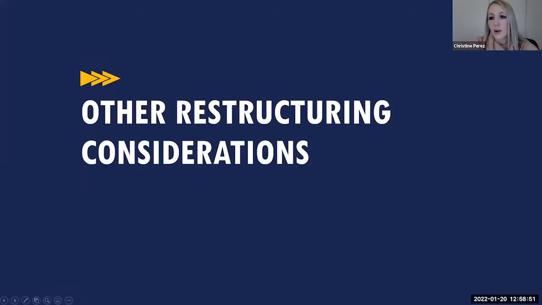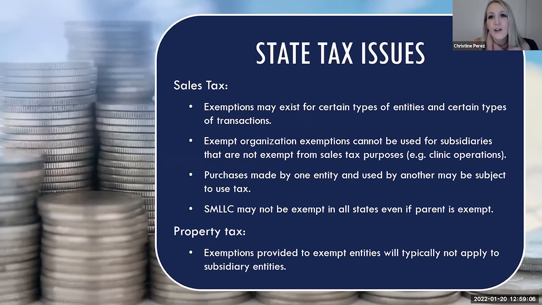Thanks, Kim. We'll just run through with our last minute here just a couple of other considerations to take into account when you're setting up separate entities. And the first one is state tax issues. Really, when we think about state tax considerations, are there exemptions from either sales tax or property tax that maybe apply to your nonprofit organization as a tax exempt entity that are not going to apply to the subsidiaries? So that's always kind of a fun surprise to people, but a lot of times these state exemptions don't apply to every organization within your structure. It might only apply to, say, your 501(c)(3)s at the state level. The other issue to watch for is just making sure that if you do choose a legal entity structure, that it is a viable legal entity structure in your state. So across the 50 states, not all of the rules are the same, say for LLC setup and things of